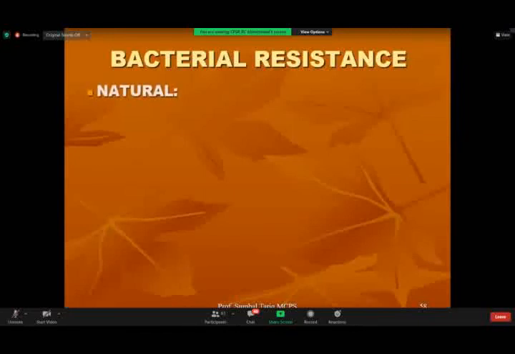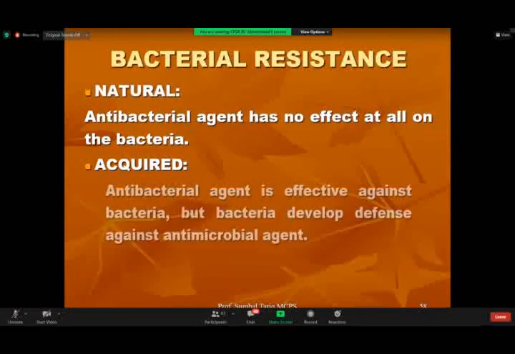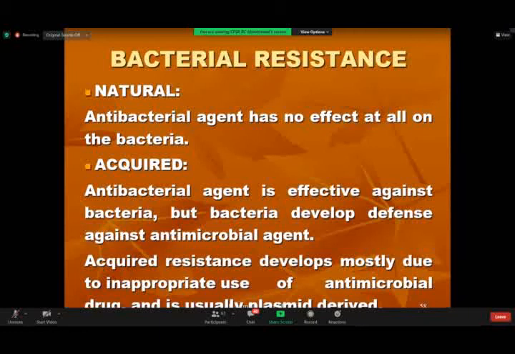Then I'll talk something about bacterial resistance. Like I told you before, bacterial resistance is something which is a big challenge for clinicians. And this develops because the bacteria are rapidly growing cells and they infect us over time. Everyone gets infections. Basically, antibiotics were formed, and a lot of them keep on coming into the market because we need antibiotics for our safety. There are different types of resistance present.